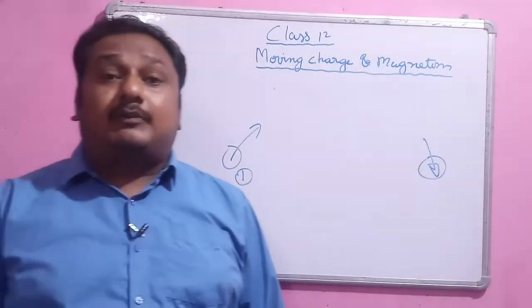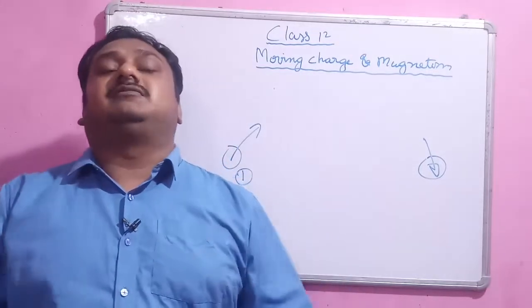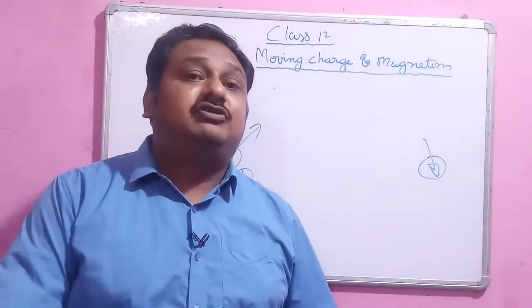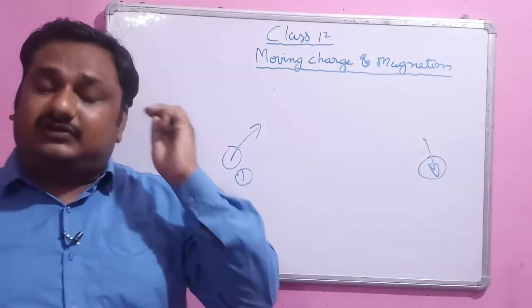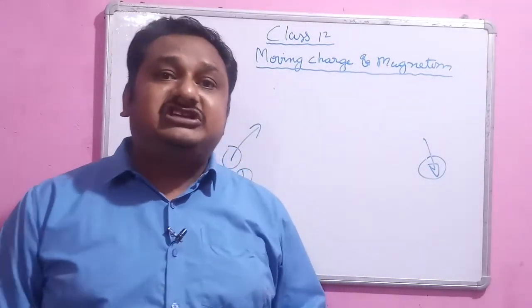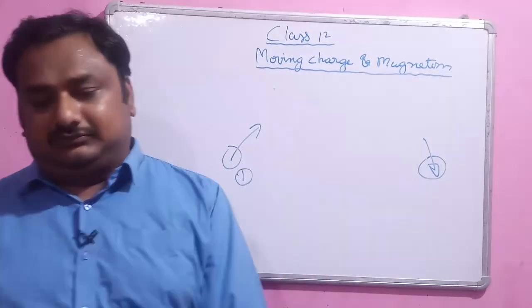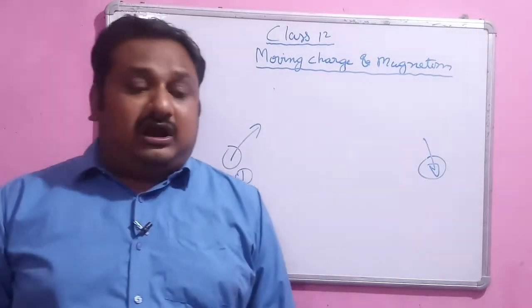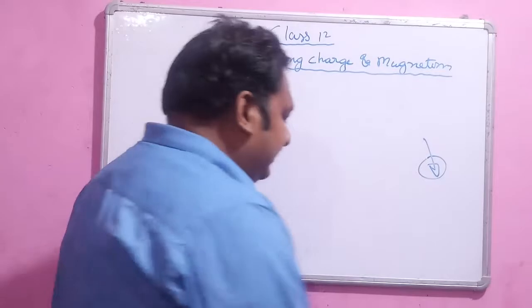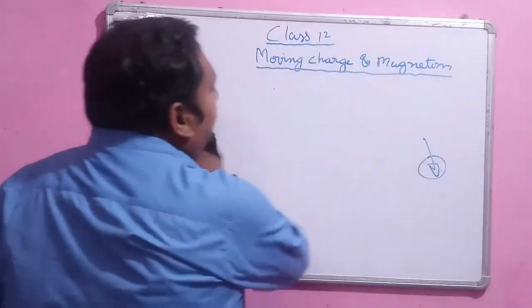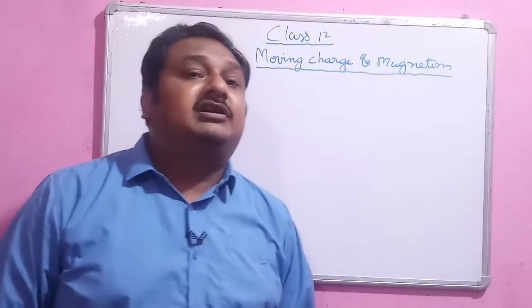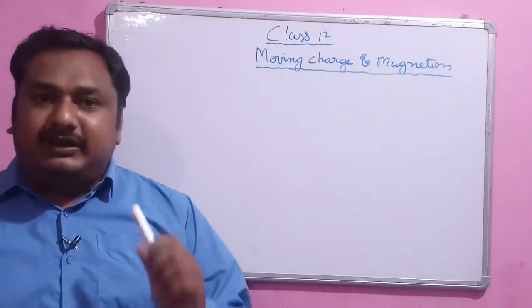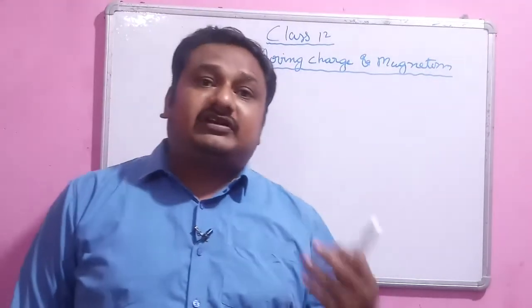Now, the next property is that they can vary with time. It means the magnetic field will change with time. Their magnitude or their direction can increase or decrease with time. As you know, the magnetic field has both magnitude and direction, so the magnetic field is a vector quantity.